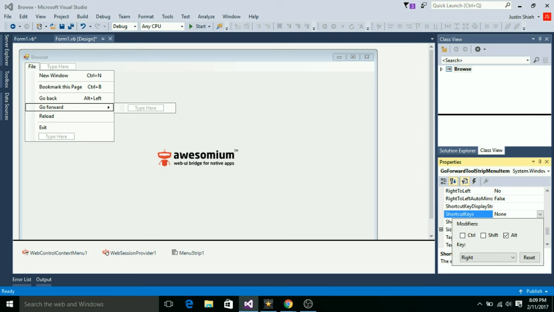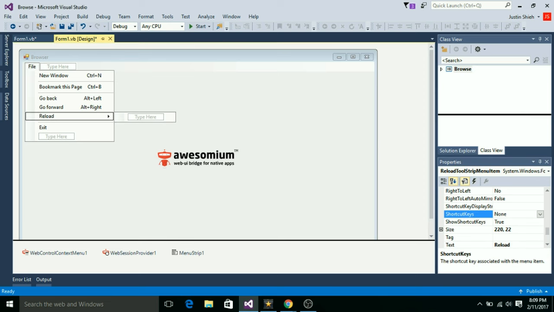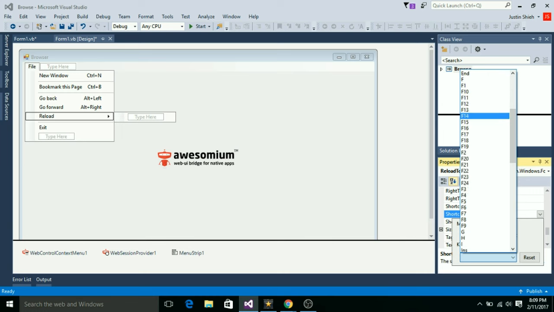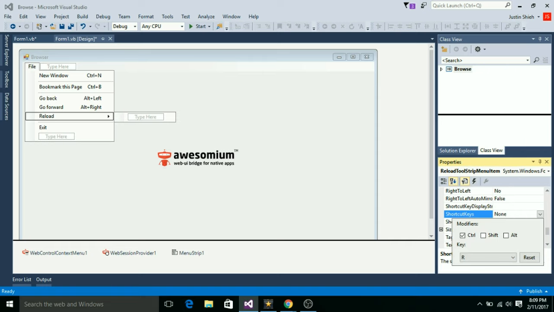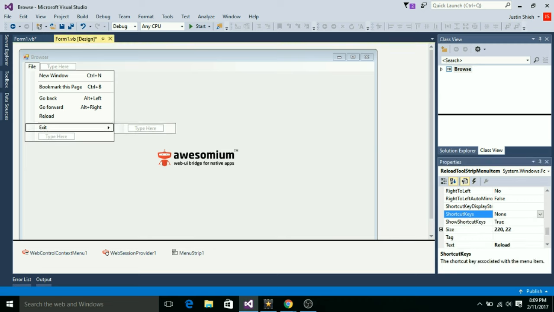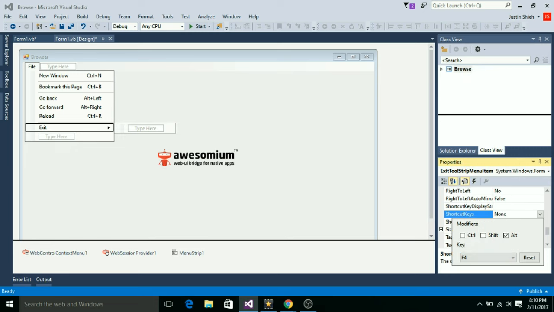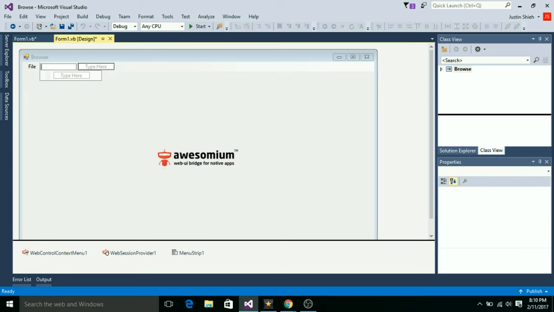There we go. And then reload will be Control R. And exit will be Alt F4. So now over here in our new menu, it all shows up. So over here, all the tools,